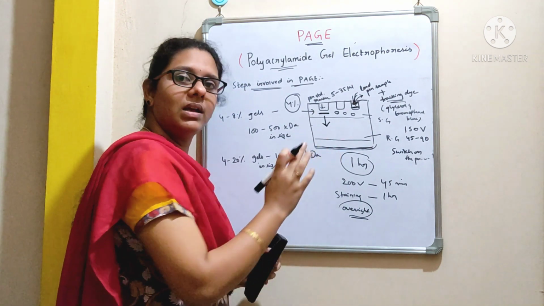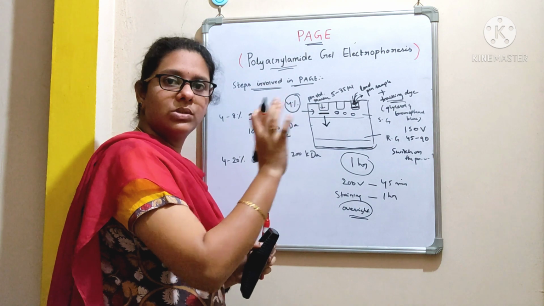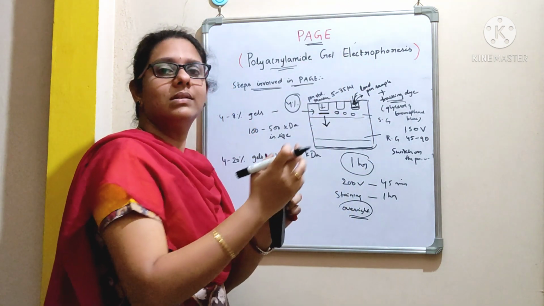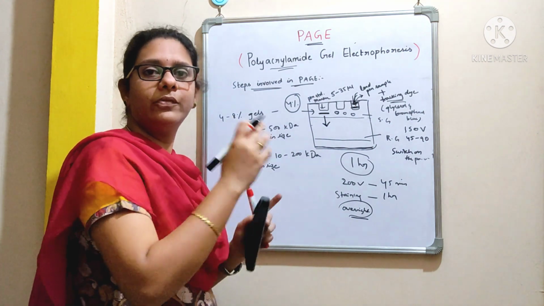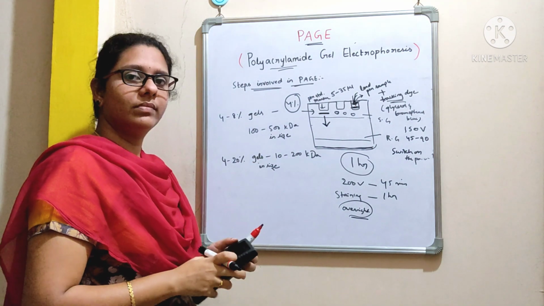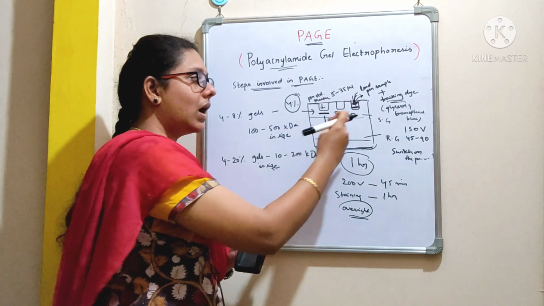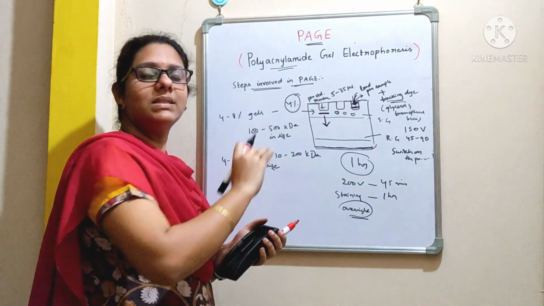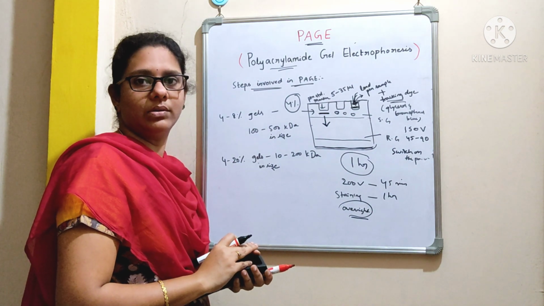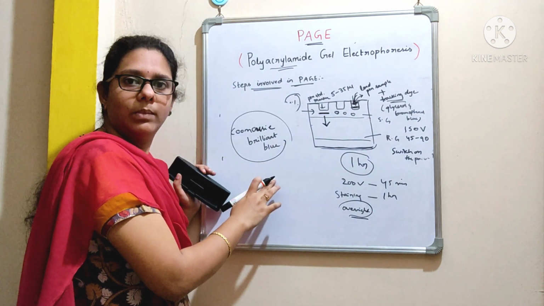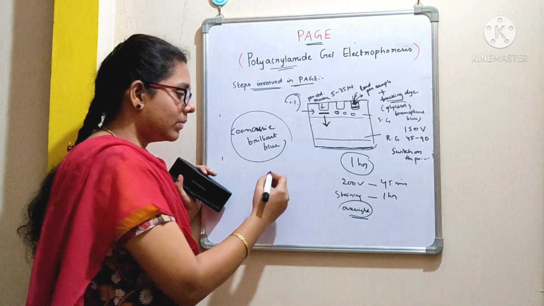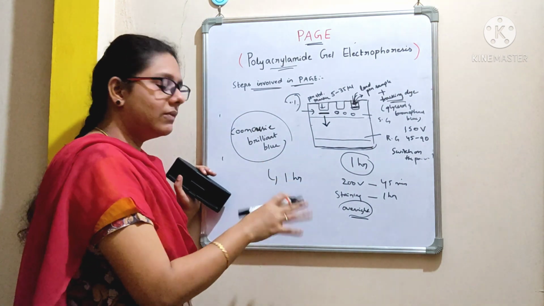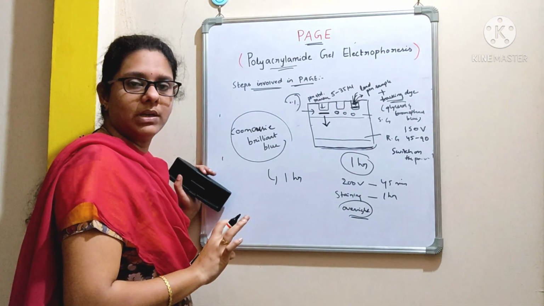Okay, after running the gel, what you are supposed to do? You switch off the power, remove the electrodes, and then you take out this gel plate out of the electrophoresis chamber. And then what you are going to do? You have to carefully remove those glass plates and immerse this gel into a staining solution containing Coomassie Brilliant Blue, and you carry out the staining procedure for at least 1 hour. Keep it on a gel rocker and then leave it like that for a 1 hour incubation period.